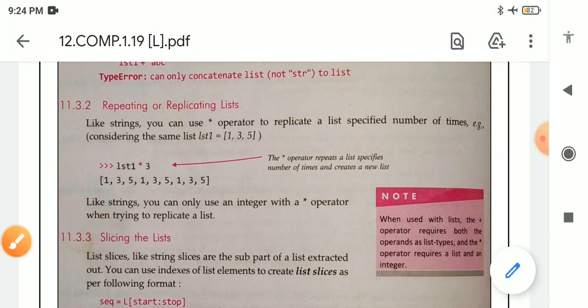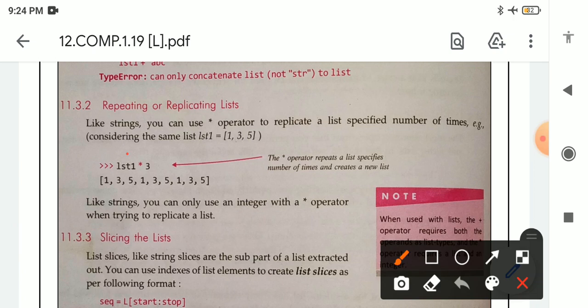So we will write like this: the list, the asterisk operator for replicating, and here we have to write the number of times we have to replicate or repeat. Here we can write 3, 2, 1, any number, and this symbol, and here the list name, after that the asterisk symbol, and the number of times you want to repeat.